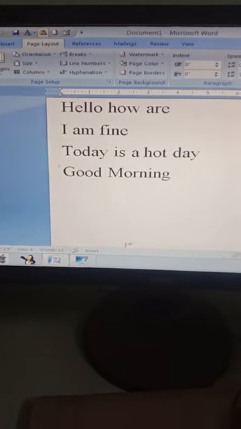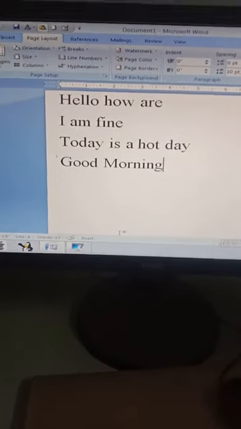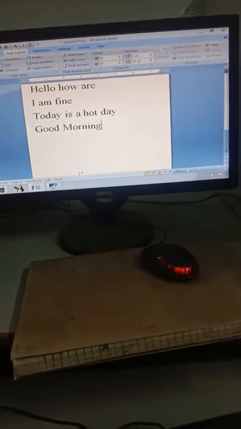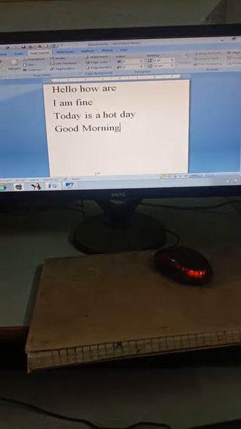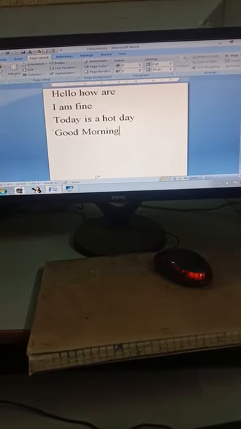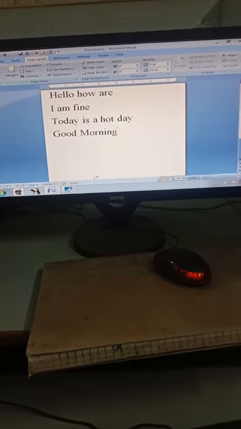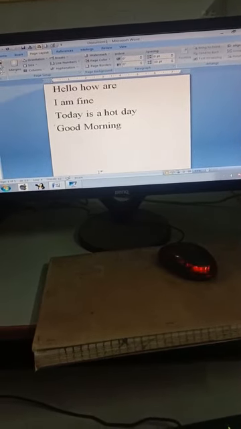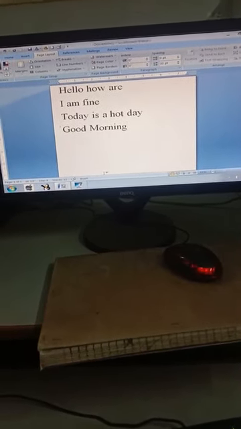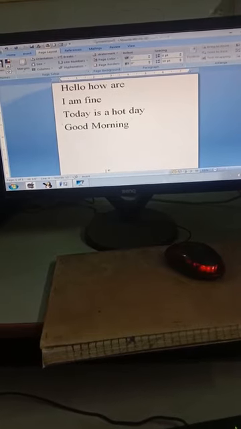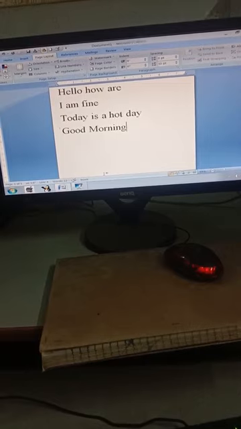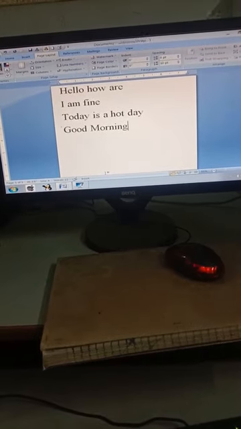Now the topic that we are going to discuss is page orientation. What is page orientation? Page orientation is used when we want the Word document to be printed in either of two ways: number 1, portrait, or number 2, landscape. By default, MS Word shows a page in portrait orientation.